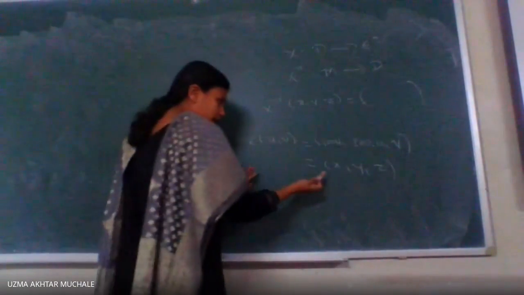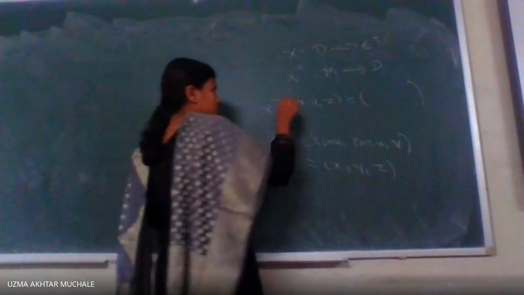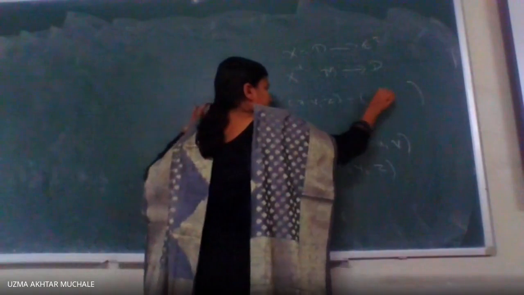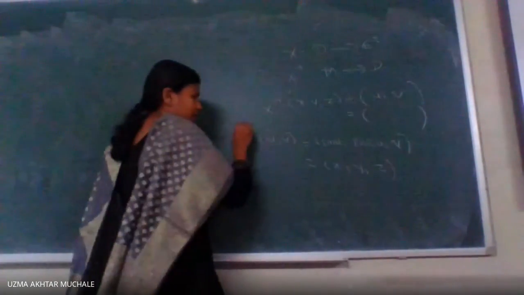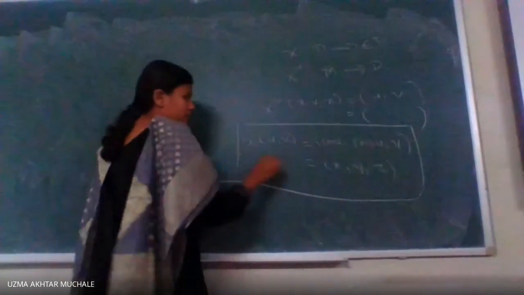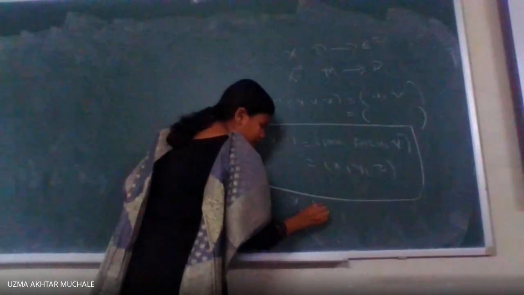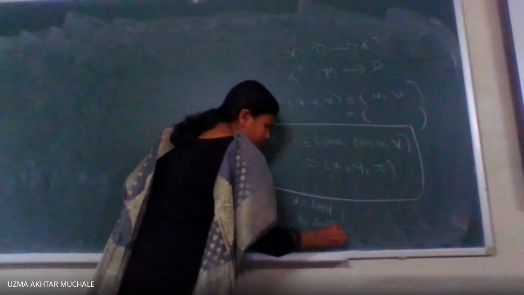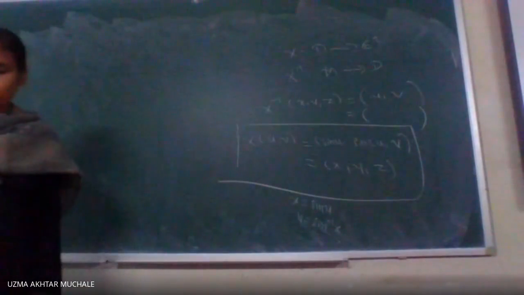Now with the help of this only we have to define the inverse mapping. So what will be x inverse of this function? Here it will be simply u and v. We can find u and v with the help of this. If x is equal to sin u, then u is equal to sin inverse of x. And here z is nothing but v.